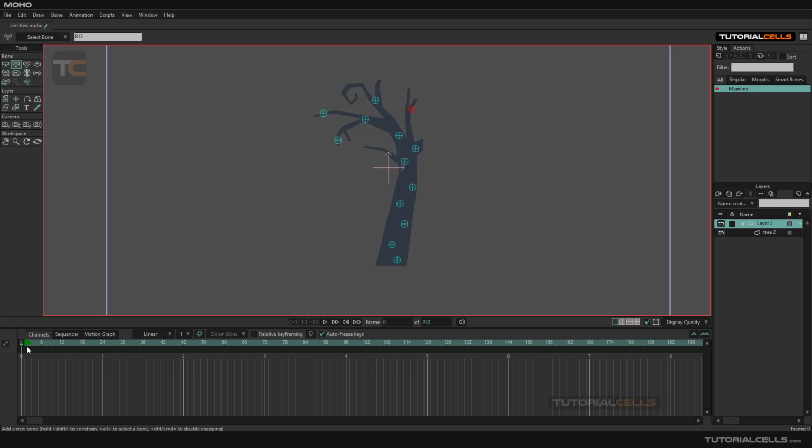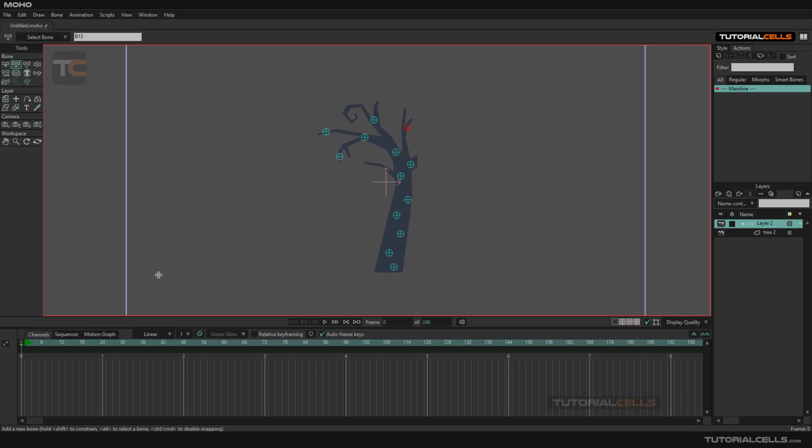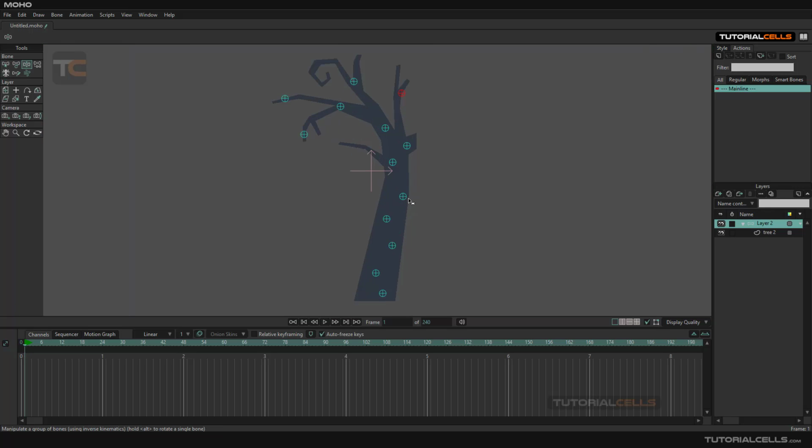For changing the pins and seeing what the effects are, you have to go to the 1 of the timeline. And with the manipulate tool, you can simply click and drag it. And as you can see, you can control your vector with the pins. Such as these things, you can if you want. It looks like a brush for